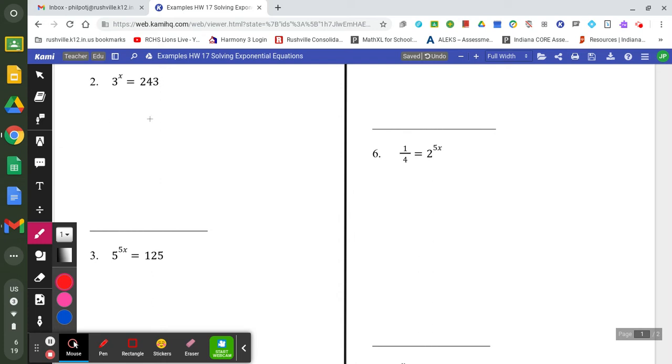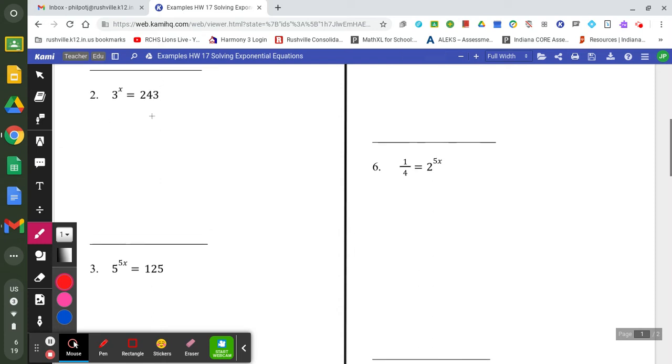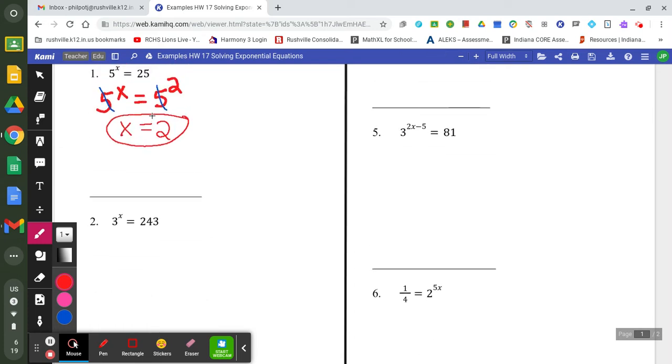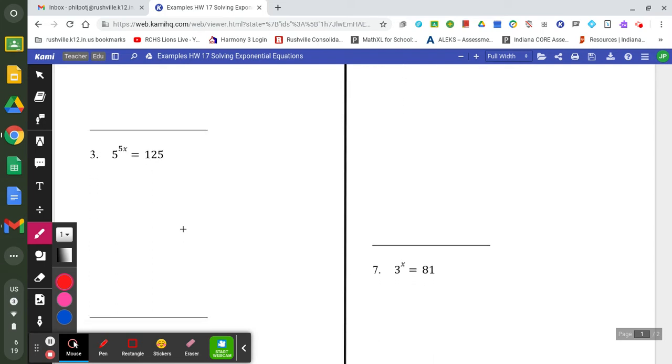I skipped over number 2 because it's exactly the same way that number 1 is. Obviously, you're going to have different base numbers. But number 3, our